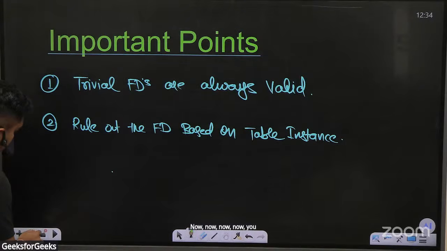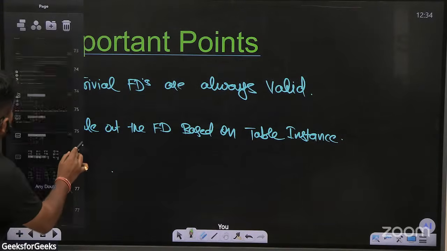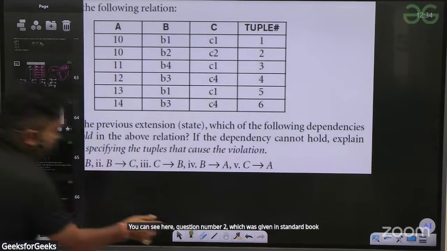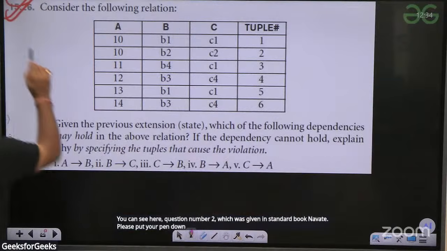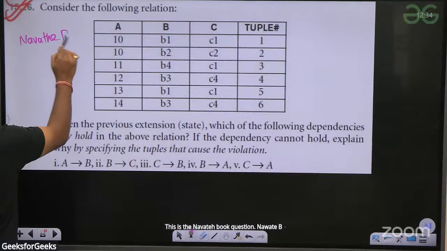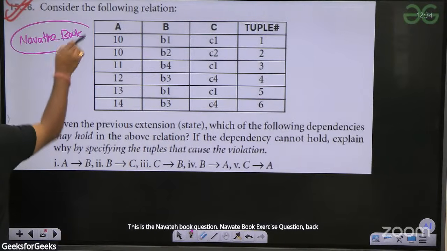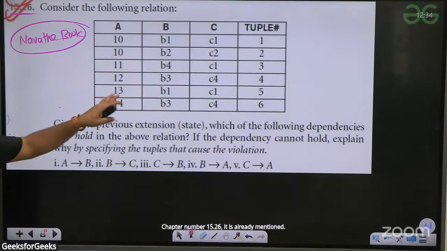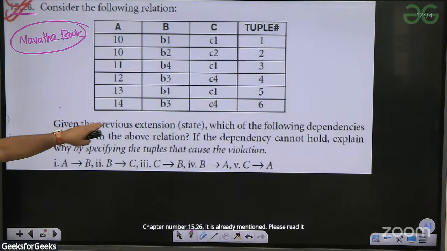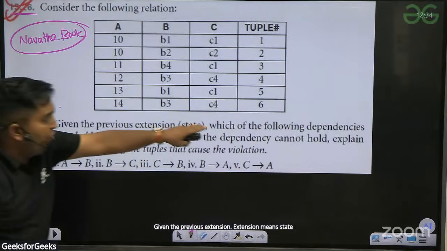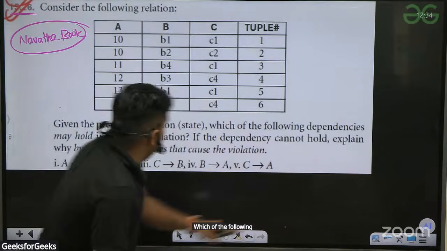You can see here question number 2, which was given in the standard Navathe book. Please put your pen down. This is the Navathe book exercise question, chapter number 15.26. It is already mentioned. Please read it. Given the previous extension, state which of the following FDs